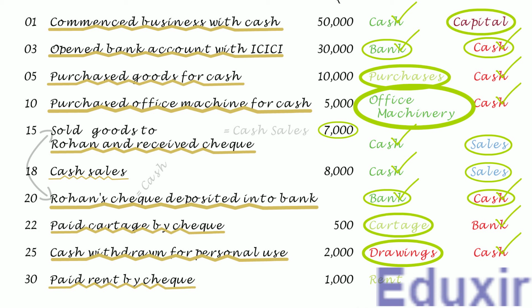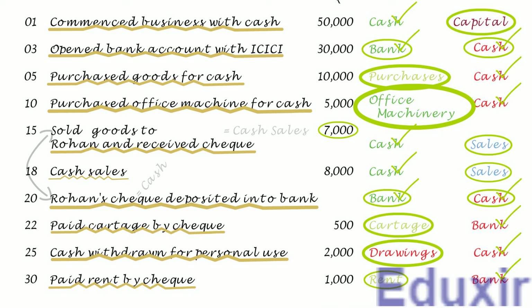At the same time, as the payment of the rent is done by issuing a check or through bank, the bank asset of the business will be decreasing. The rule to record any decrease in the asset is to credit the corresponding assets account. In this case, the bank account should be credited. In this transaction, as you can see, the bank is on the credit side. So it needs to be posted on the credit or payment side of the cash book and in the bank column. Note that the particulars that need to be posted into the payments column of the cash book is rent.